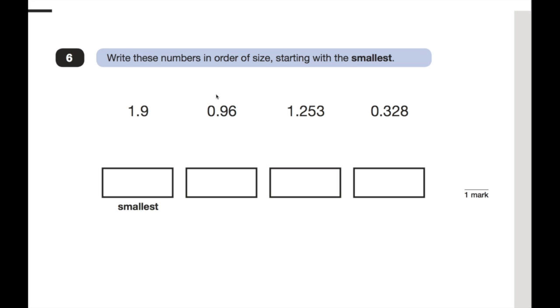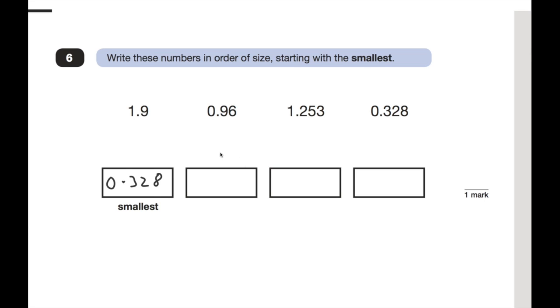Number 6, write these numbers in order of size, starting with the smallest. So we work our way along when we're trying to find the smallest number. We first look at the units column, or the first digit, and I can see there's one beginning with 0, and this one's also beginning with 0, so one of these two is going to be the smallest. We then move over to the next column, so this is the tenths, and in this one we have 9 tenths, and in this one we have 3 tenths, so that one is smaller, so that one's going to go in my smallest box,